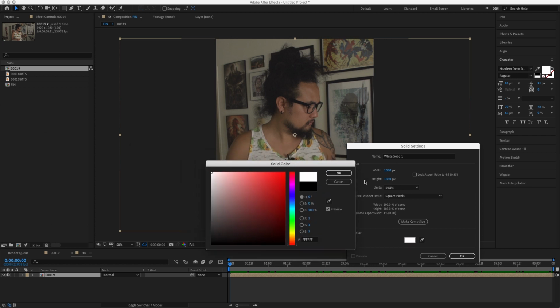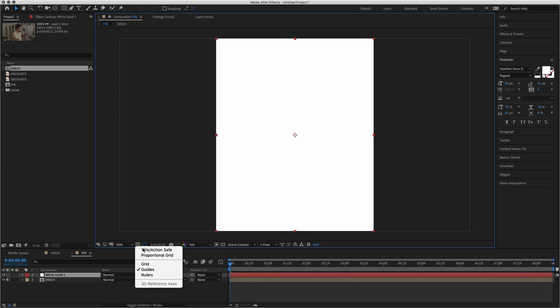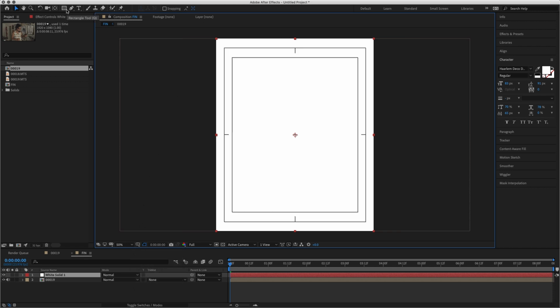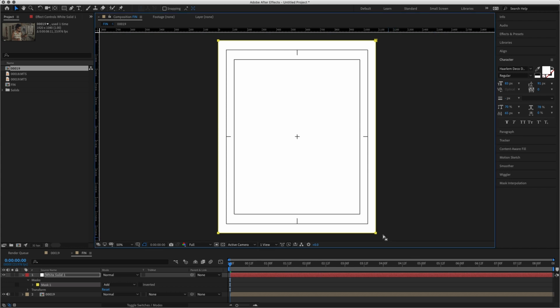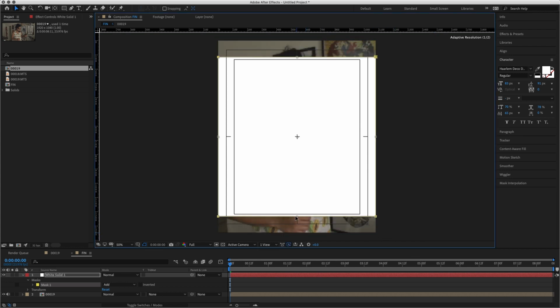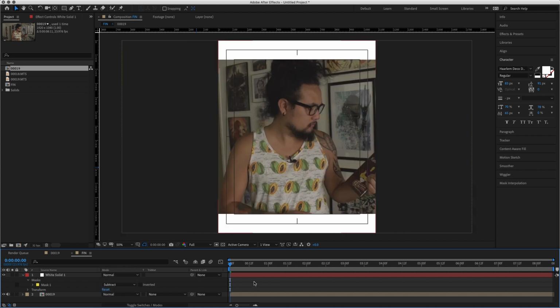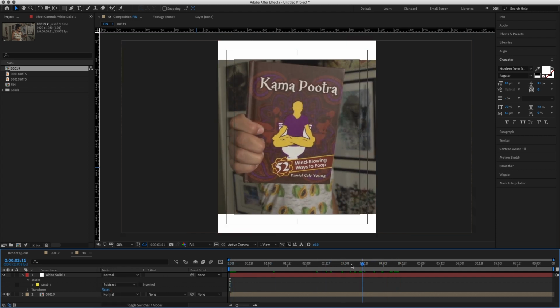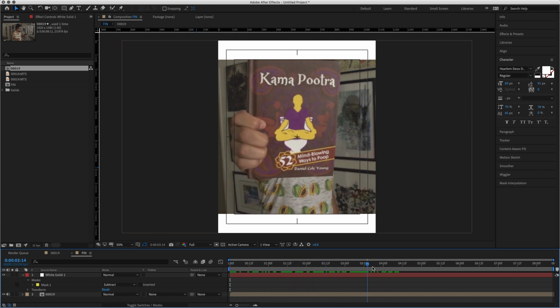We'll just make it white for now. What I like to do here is pull up the action safe, and I'll also pull up my rulers. I'm gonna mask this. So there we go. Double click that, and I like to keep it uniform, make it look nice. So keep it at there. Change this to subtract, and that will be our borders for the interface that we're going to be